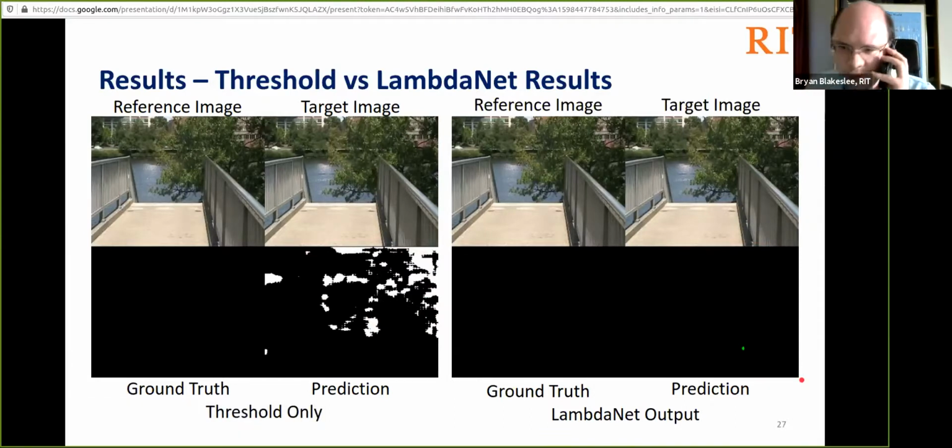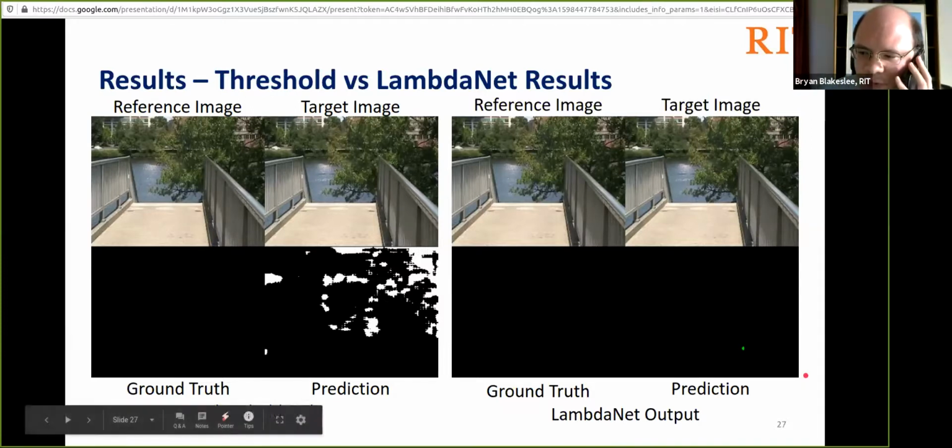And this is quite important because it means that LambdaNet is not only selecting for changes that are of significance, but it also has a built-in intuition of what is considered to be an insignificant change. And so it's able to prune many of those spurious detections from the output map.